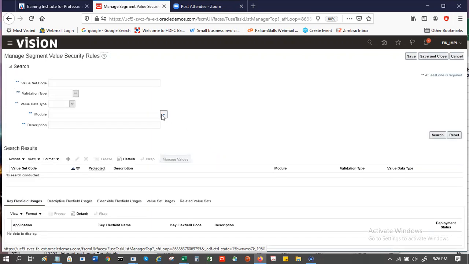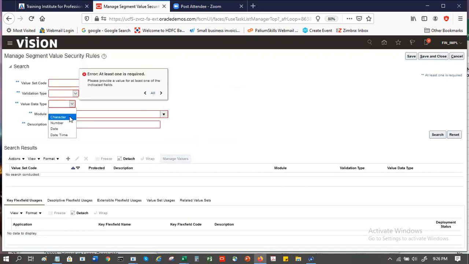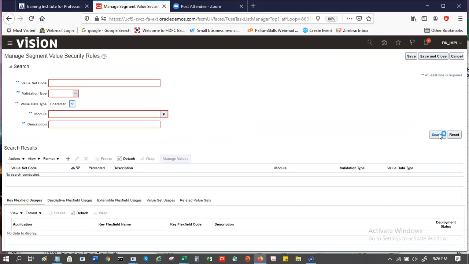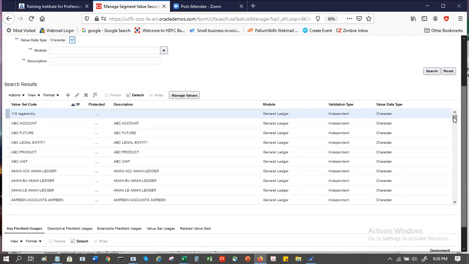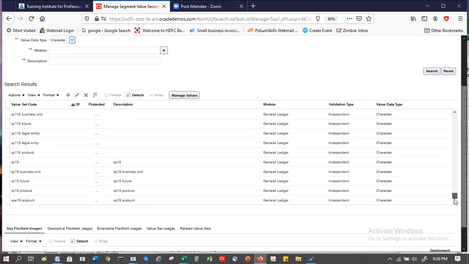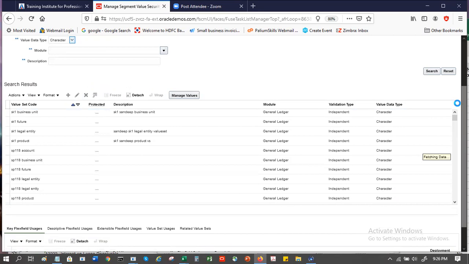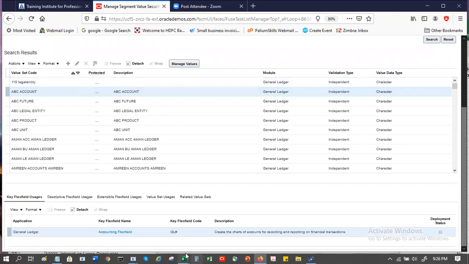Previously in EBS it was at the responsibility level, correct. So these are the places where it is being used.